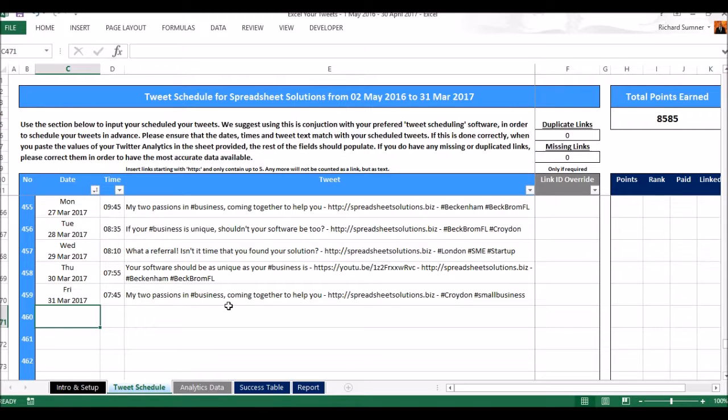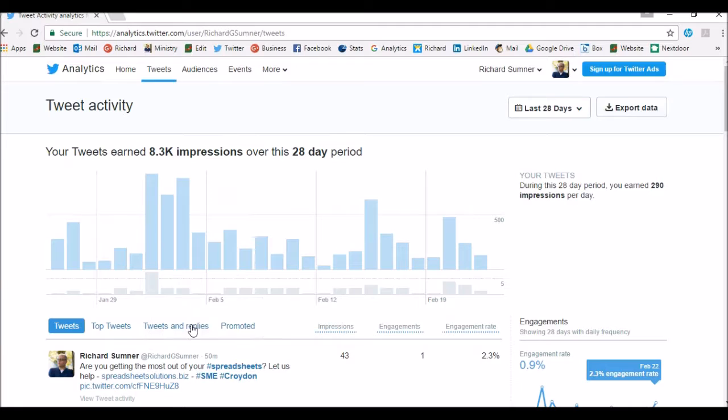And then as your tweets go off, now the old version of the spreadsheet, you were required to come in and put how many retweets and likes you got, but that was so cumbersome. I mean, that really was a pain. So what I've done is I've incorporated the analytics data in the same spreadsheet. So once you schedule your tweets, you can then leave them, and every now and then, however often you want to update it, you can go to